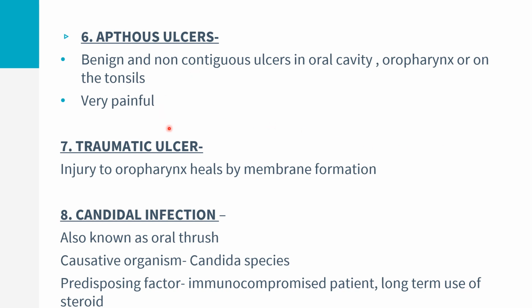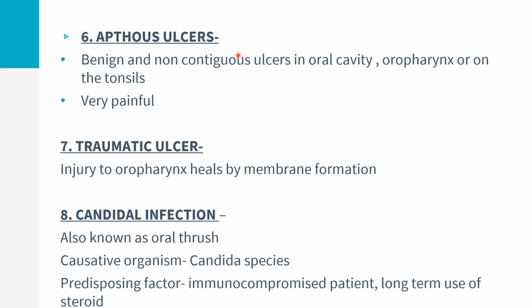Then there is aphthous ulcers, the traumatic ulcer. So if any ulcer is produced over the tonsil, it will heal by the formation of a membrane. And the causes, however, differ. In aphthous ulcer, it is mainly caused due to nutritional deficiencies such as deficiency of folic acid or vitamin B12,